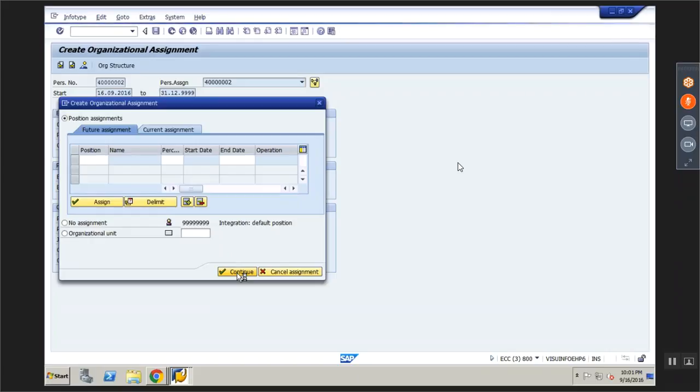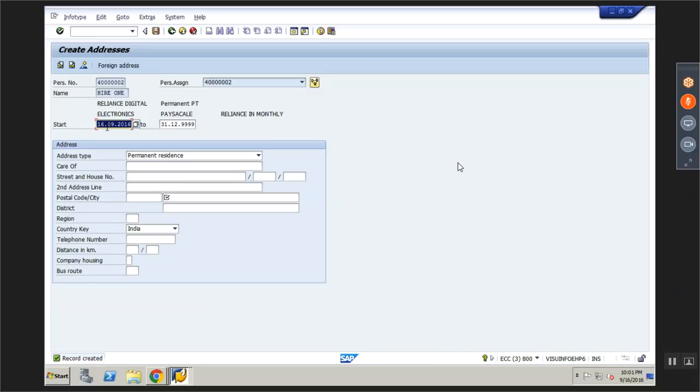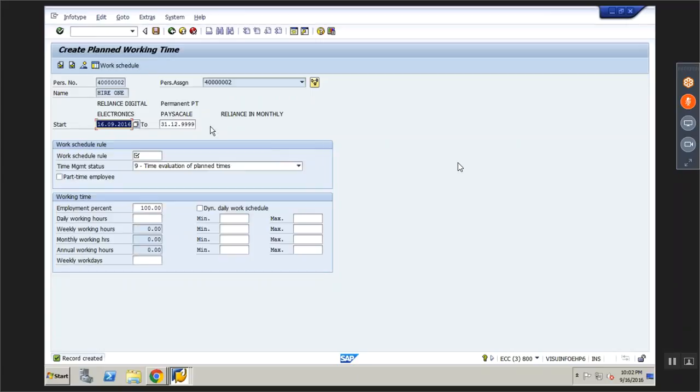The info types which are coming one after the other are called info grouping. It need not be 6, it can be something else also. But because we are following a standard procedure of calling the basic and mandatory info types, that's the reason. How did I group my info types? After actions, it should be personal data, then info type 1, then info type 6. This is how I specified my configuration. That's the reason you are able to see the info types coming one after the other in the same pattern. This is called info grouping for personal actions.